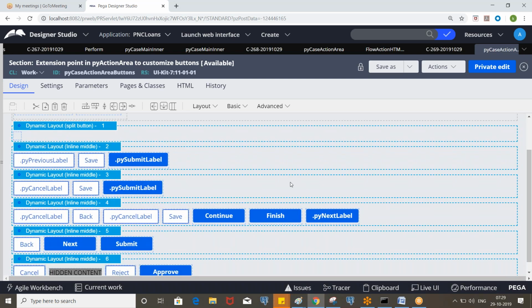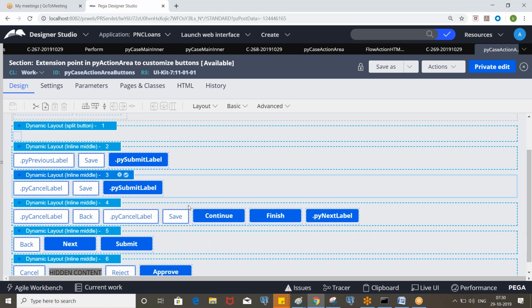So when you execute a flow, you are able to see some cancel, save and submit buttons, and somewhere it is being invoked. We have different harnesses related to screen flows, where we will see the back and next buttons. Those will not be available for perform harness, right? For perform harness, it will pick either this layout or this one. Okay, and sometimes, let's say I don't want to use the py case action area buttons.